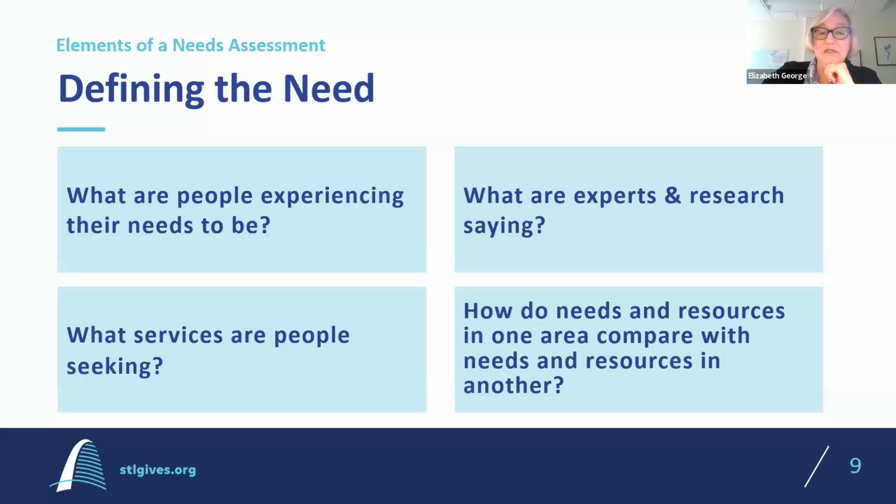Let's talk about how we define the need. So there are 4 key questions that you can ask yourself as you're trying to define your need, and to determine if there is real need for your program. There are academic terms for each of these questions, but we'll just start with the question. So, what are people experiencing their needs to be?